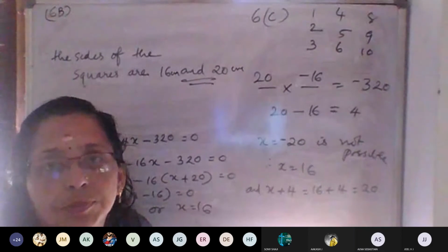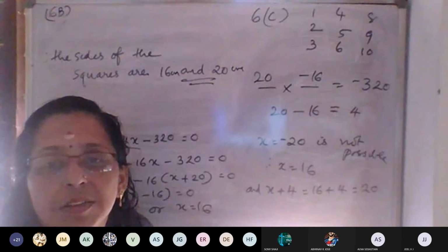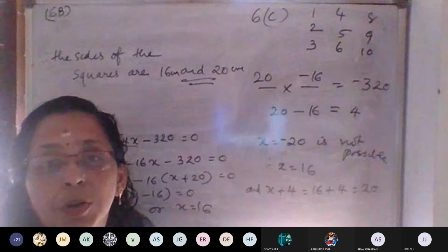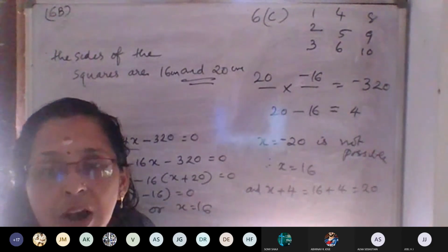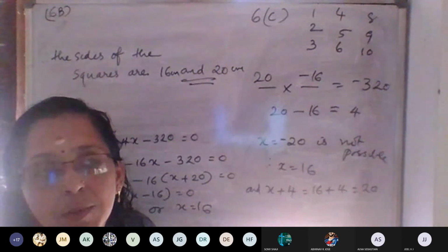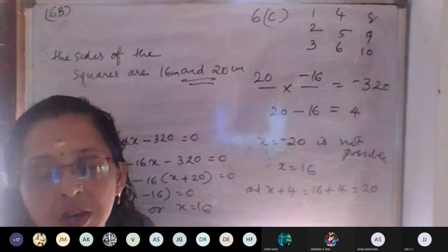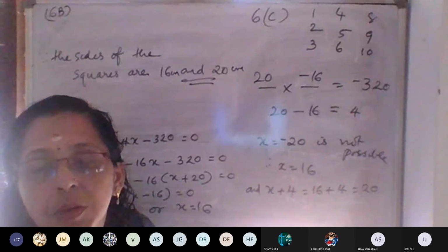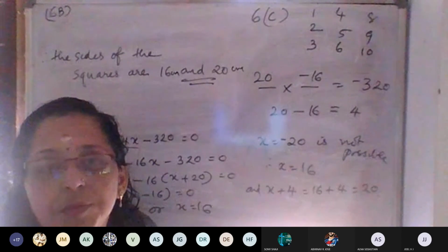The class test paper, that I will send. Your paper, no need; keep it safe. Not the linear equation one. After the end of September we will discuss, and at that time we need all these things: matrices, then banking, then the third one, GST, then fourth, equations. Last week we need them for doubt clarification, so keep it safe.